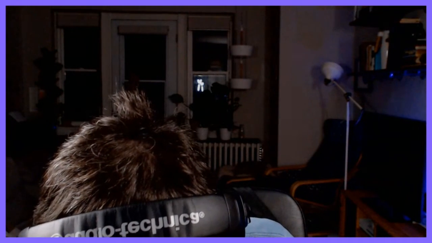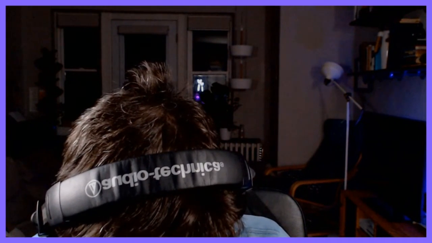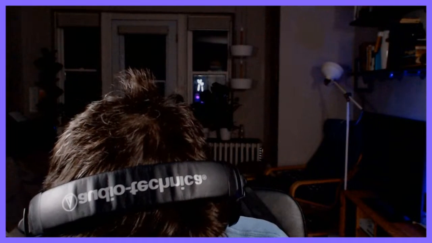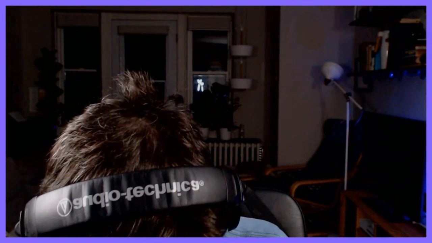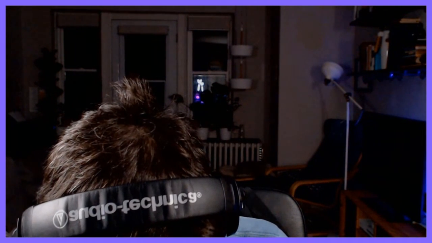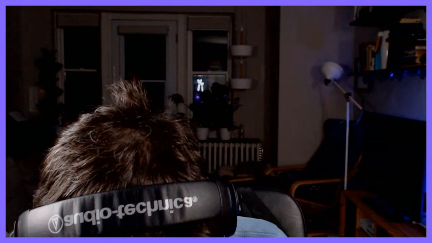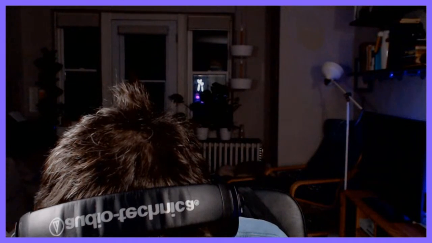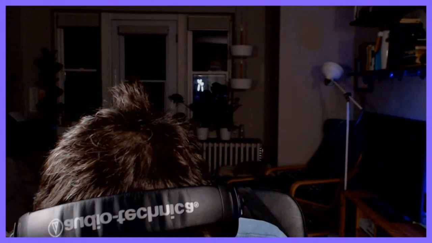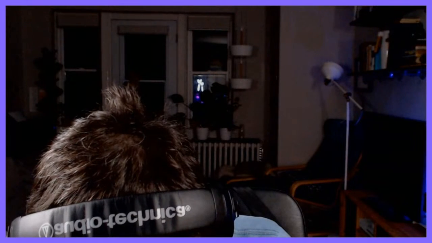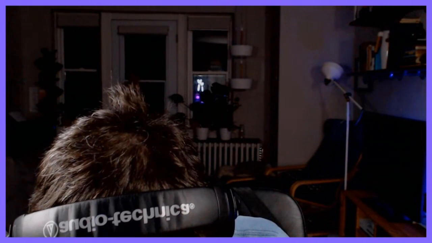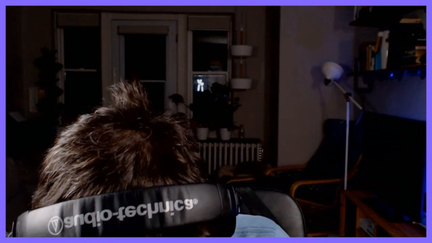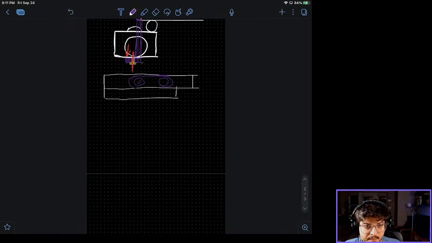So again, if I do a quick piece like this, I'm going to have something like that. That's the holes for the mount, and I am not showing my drawing again. There we go.